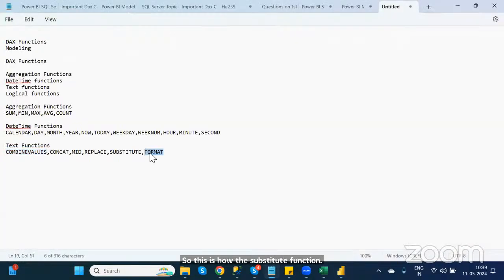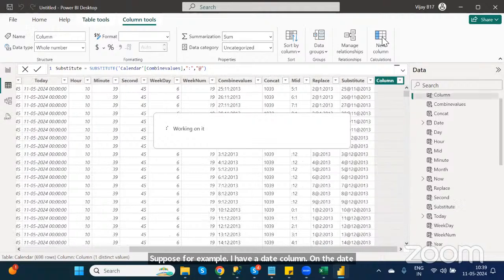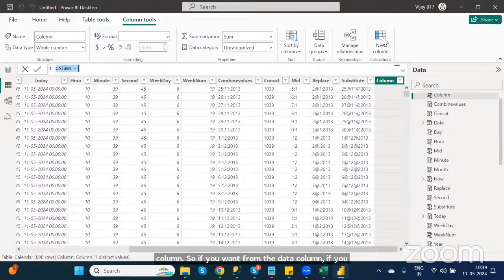Okay. Next one is FORMAT. Format means if you want to display any month name, week name, you have to use the format function. Suppose for example, I have a date column. From the date column, if you want to display the month number, you have the MONTH function. If you want to display the week number, you have WEEKDAY, right? But if you want to display the month name, week name, and everything, then you have to use the format function. See here,